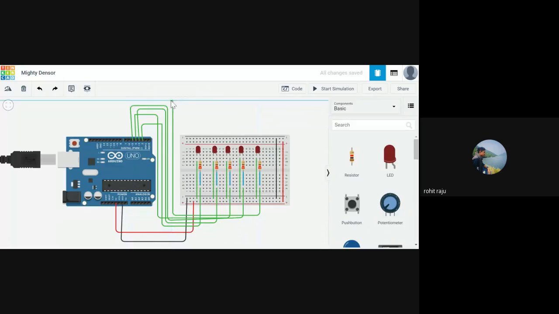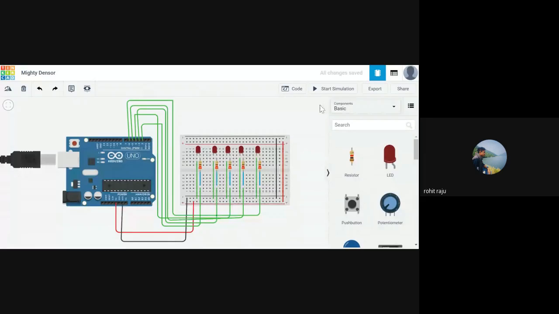You can click them. You can give a left click, and you can take a turn either left or right, so that it looks much cleaner instead of directly connecting them in a zigzag manner. So your setup is ready. Now what you need to do is write the code and make use of the switch a particular character from the keyboard. When you give it to the serial monitor, then you can turn a particular LED on or off accordingly.